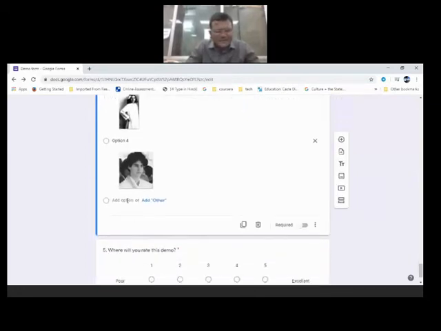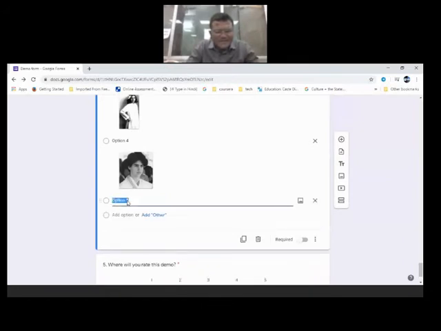See here, add option. The moment I click on add option, this insert image or add image button is available. With the help of this, I have inserted 4 different images, and I asked which is not the photograph of Indira Gandhi. So you can create such type of question also.